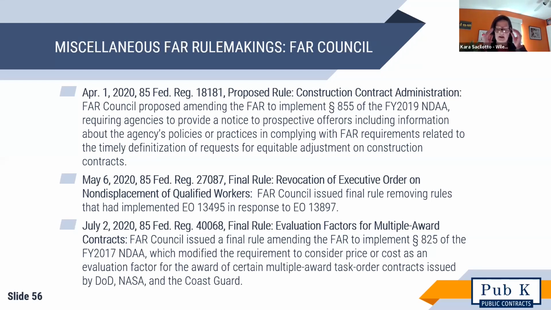And you can see how this might make a little bit more sense. It's difficult at the IDIQ contract to predict what the work's going to be. You'll often see sample tasks or whatnot. But if you have a task order, you have a specific set of requirements and can evaluate with a bit more fidelity. And so this final FAR rule is implementing that provision of the NDAA. Let's go to the next slide, 57.